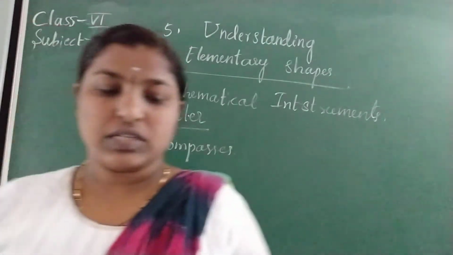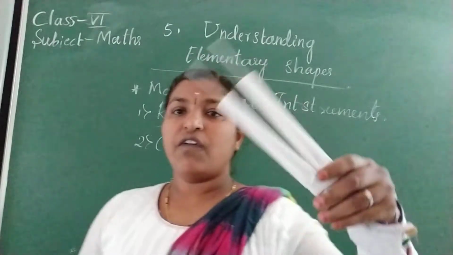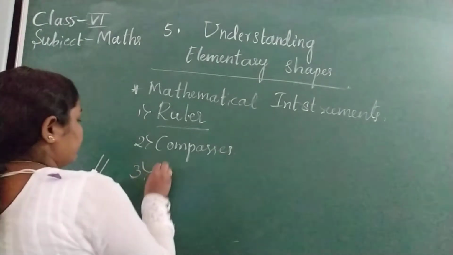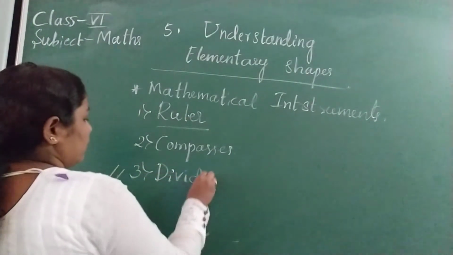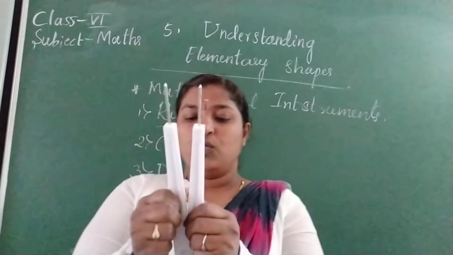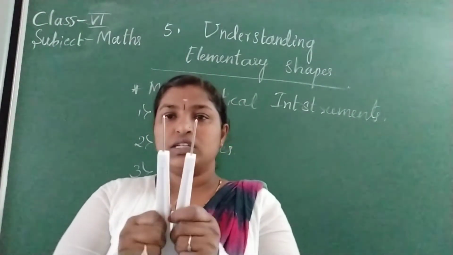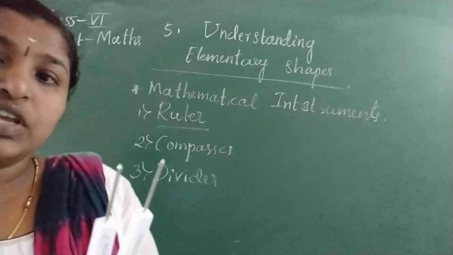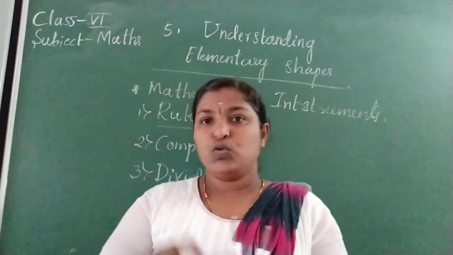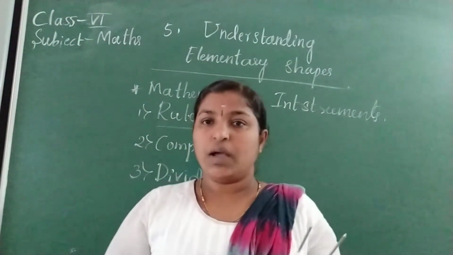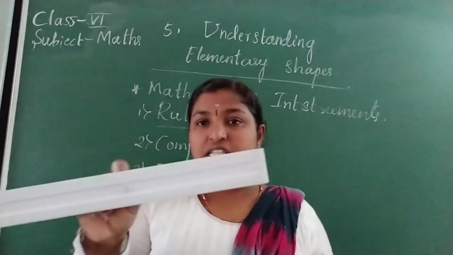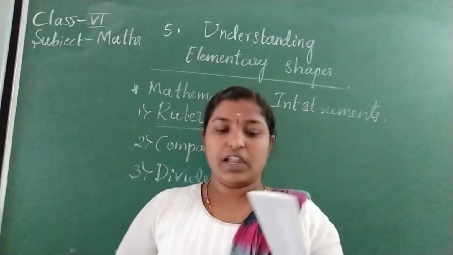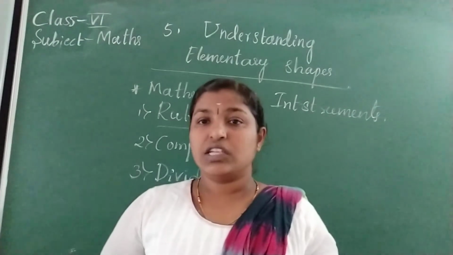Ruler and compasses. Next, this is divider. What is this? Divider. This is divider which is having 2 sharp points. See? So how we can use this? You know the usage of ruler and the compass. To draw the circles, you will use the compass. And to draw the line segments, you will use the ruler. And where you will use the divider, I will tell you, to measure the line segments.